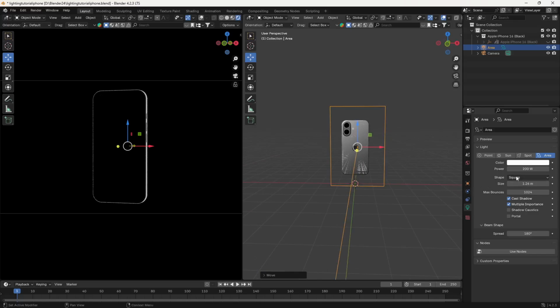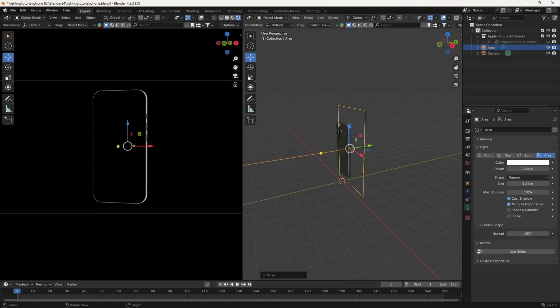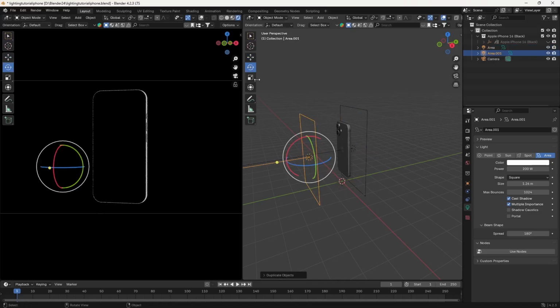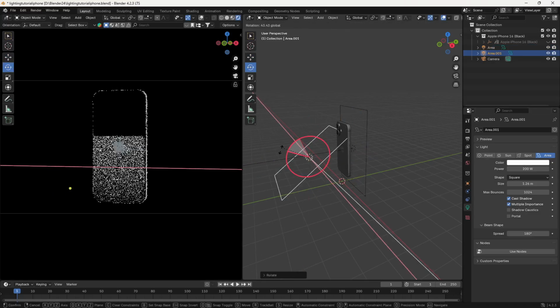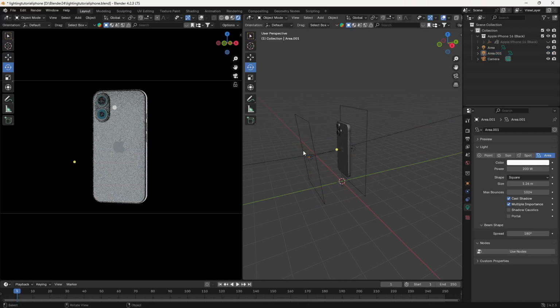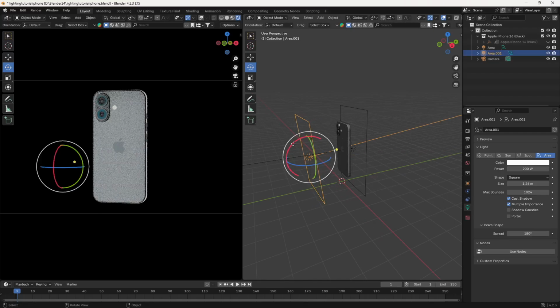Okay, and now let's say you want another light. So what we can do is duplicate this light, coming from downwards. Let's press Ctrl D. Let's press Shift D and take a duplicate here. Now let's rotate it downwards. There are several methods which I'm going to show you in product visualization as well, so don't worry about it. Right now just follow along.